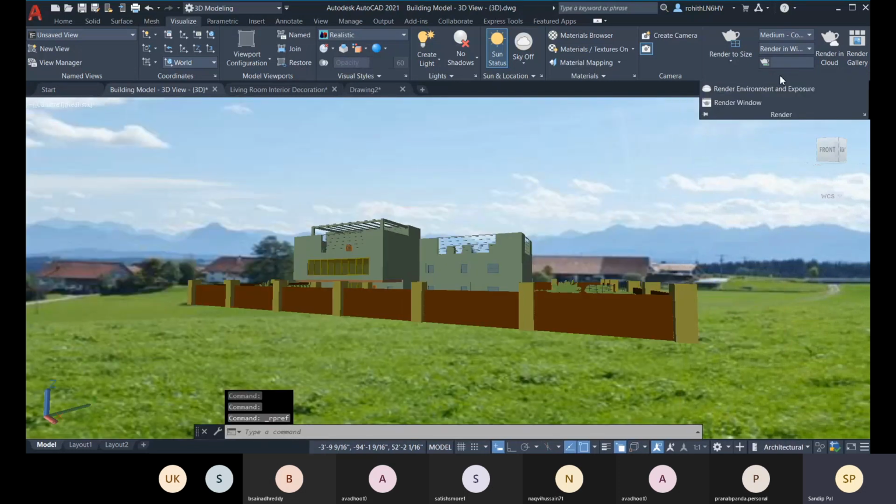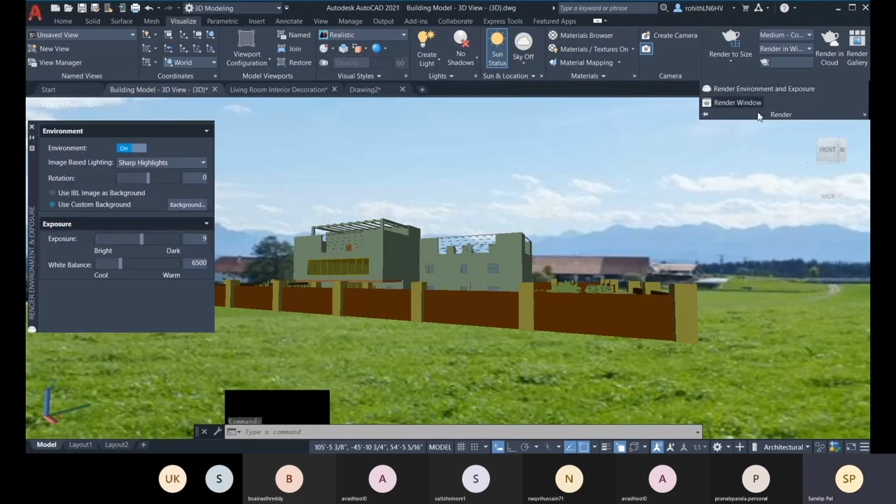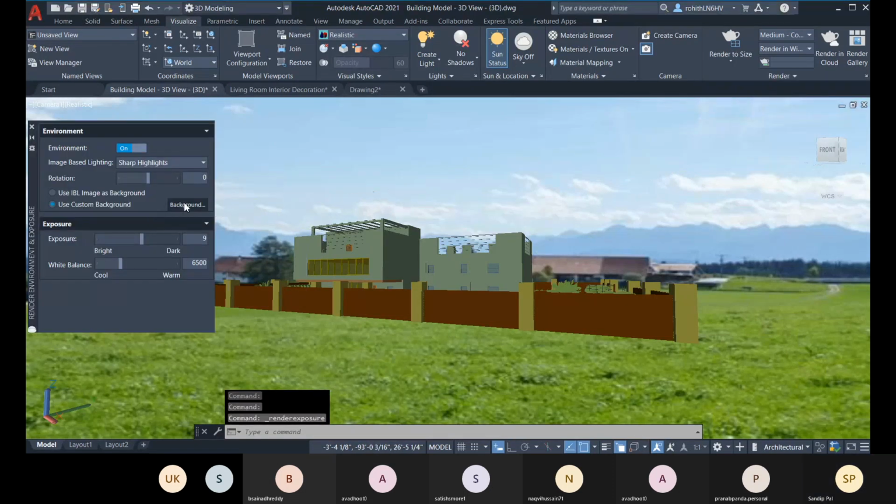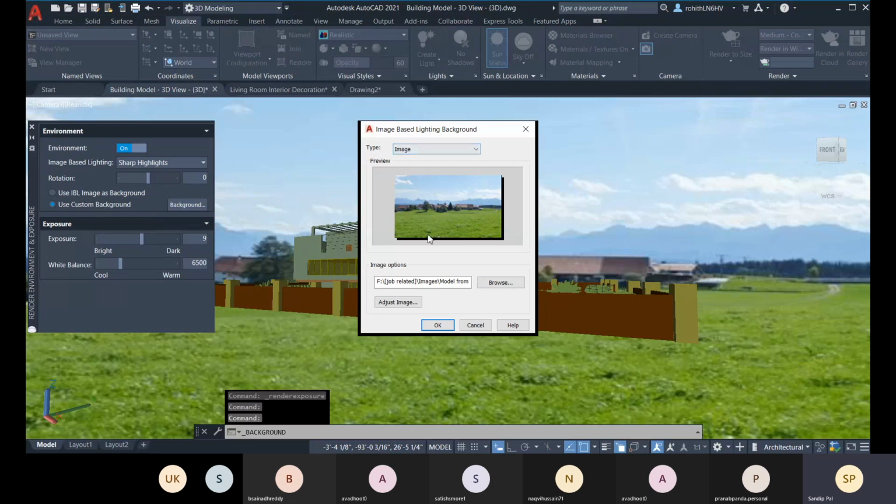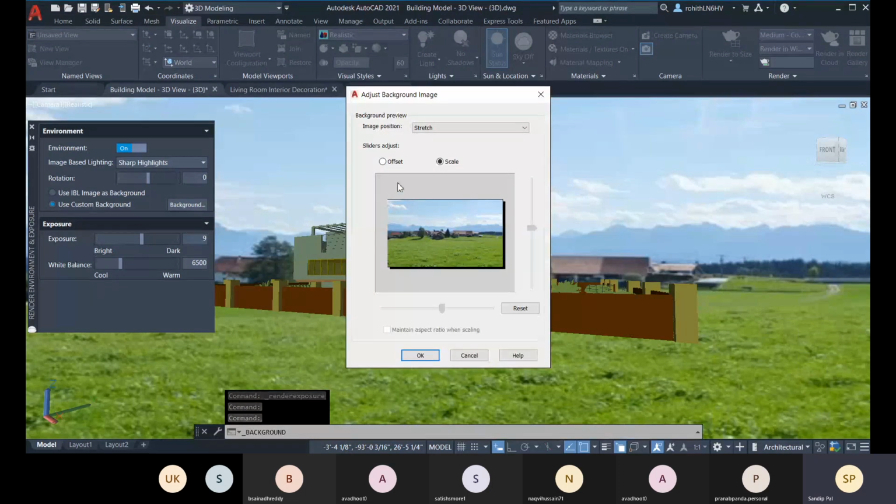Sorry, this one: go to render environment and exposure. Go to this background, and there you adjust the image. About the scaling and all, you change it.